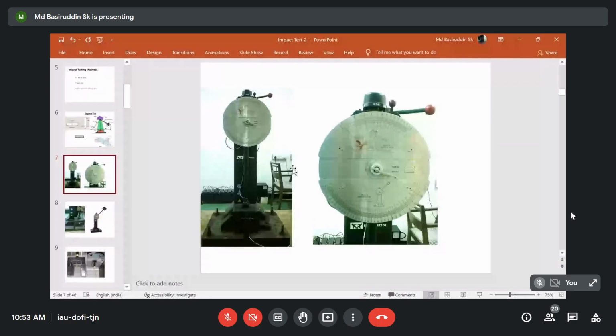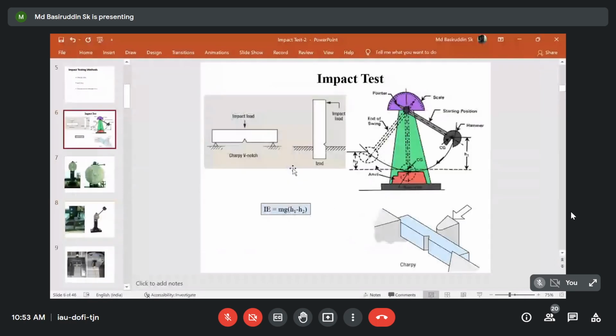Now what is the basic mechanism to measure the impact energy of these things? The impact energy can be measured by measuring the change in potential energy, when you put the hammer at the high position, and whenever we hammer through that